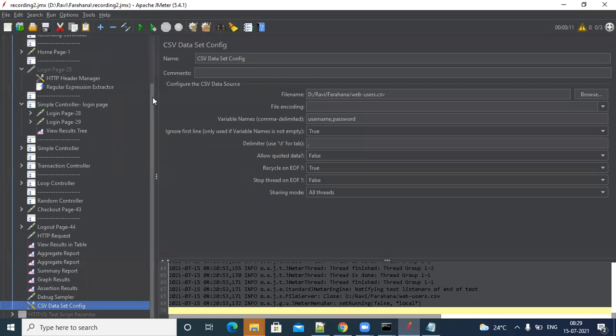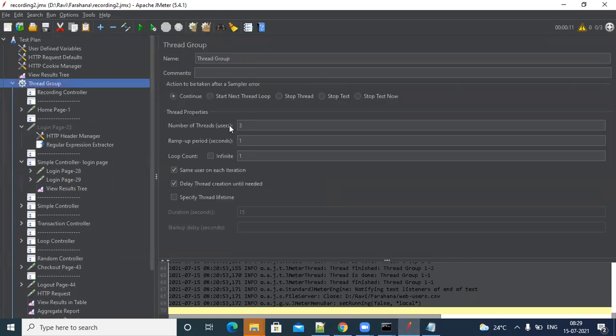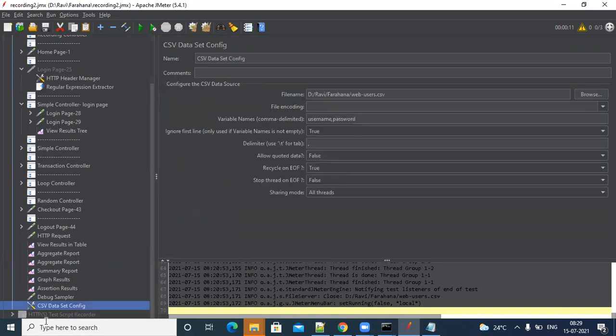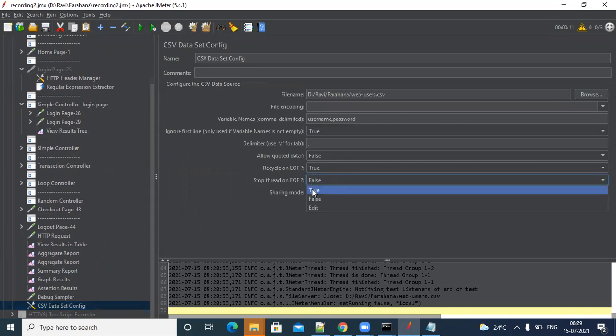So how many rows do we have? We have 10 rows, right? So let's give 15 users, then only we can see. We have 15 users, but we have 10 records in the CSV. So the first 10 will take the 10 records. Now what about the other 5? Let's go to the CSV, and let's put the first condition, true, true. Since both are true, the priority will be recycle. So it will repeat the 5 users with the existing data. Okay, now let's see.